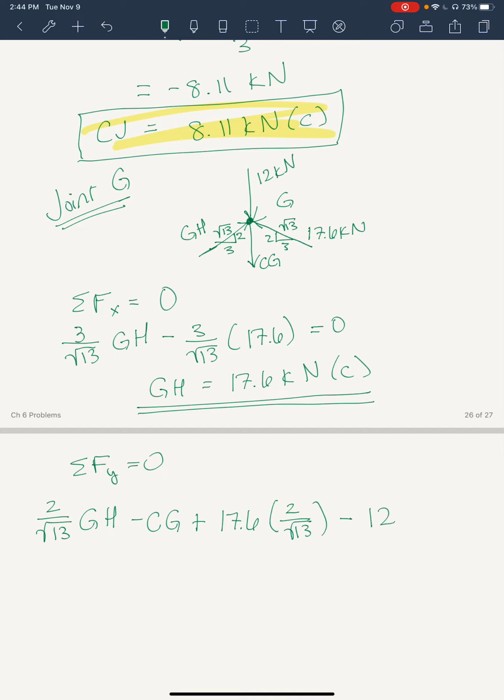And GH is also that 17.6, so we get 2 over the square root of 13 times 17.6 plus 2 over the square root of 13 times 17.6 minus 12 equals CG. So CG equals, grabbing that 17.6 out of the right solution,